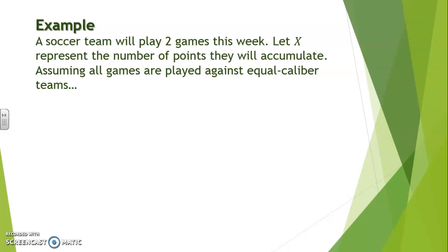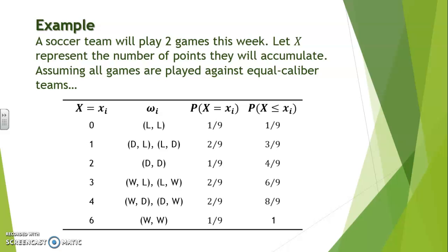So back to our example where a team has played 2 games in a given week, and we're going to let x represent the total number of points they will accumulate. Now, let's make the assumption that all games are played against equal caliber teams so that the outcome of the game could equally be a win, a loss, or a draw. So here,